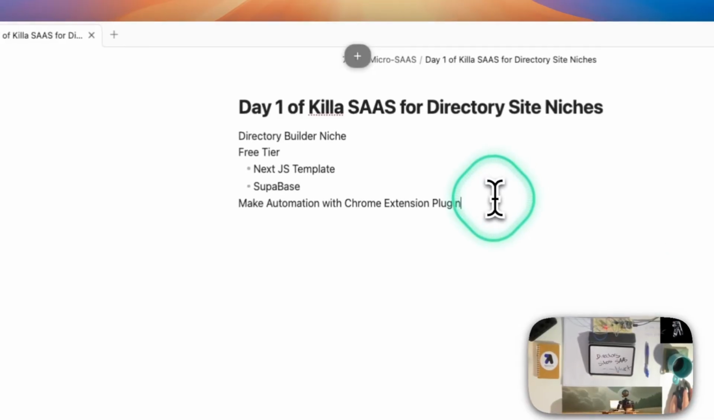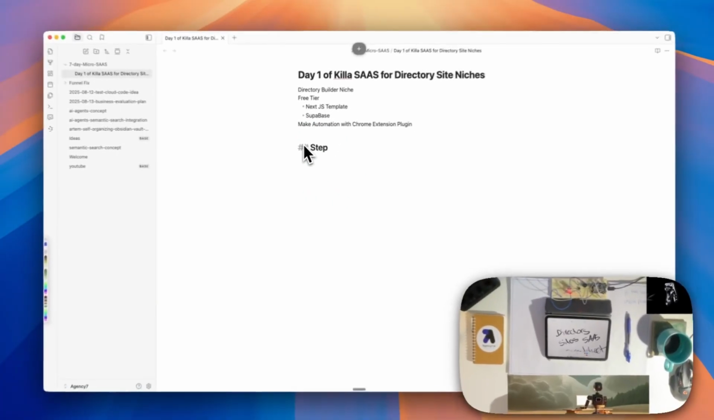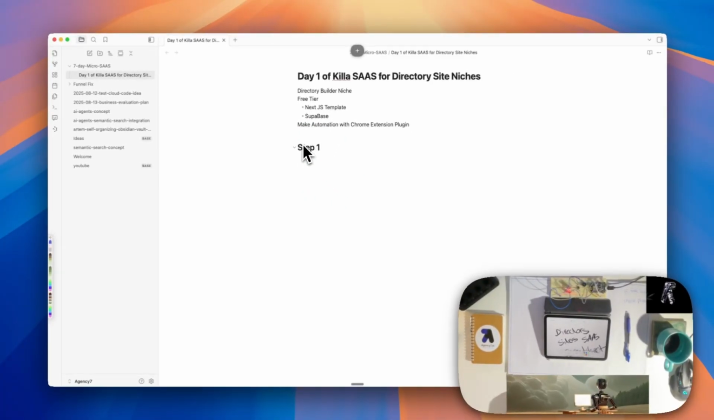All right. So our first step here. For step one, I'm going to provide all this documentation and prompts for you to build it yourself along with the template. So you could recreate what I created for a different SaaS type. So you don't necessarily have to do directory site niche, but I want to leave it open so someone can build off that really quickly. So step one